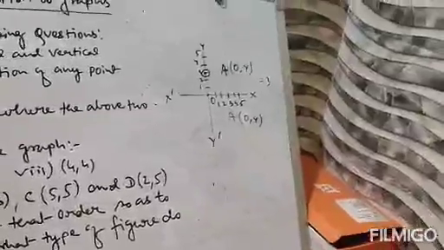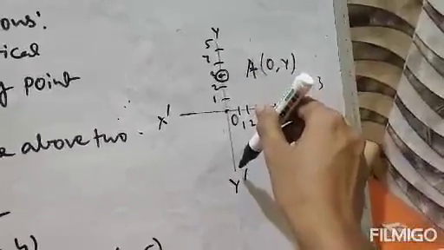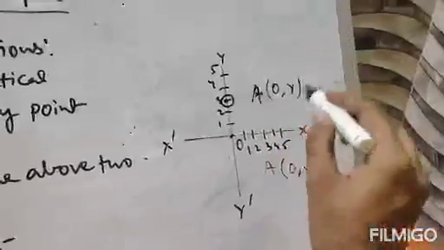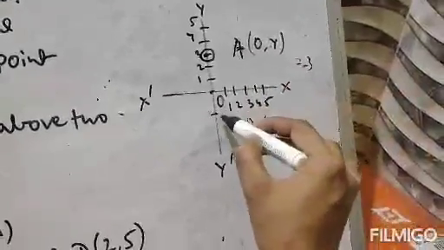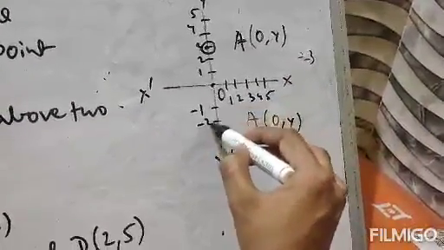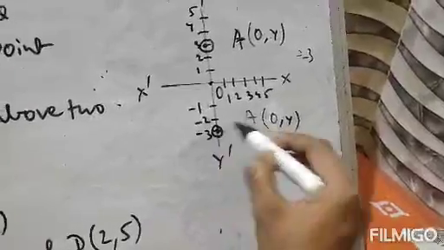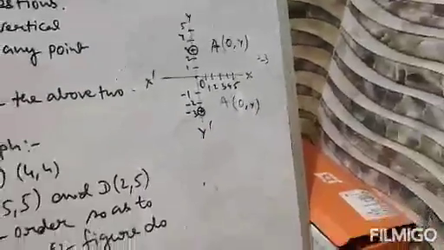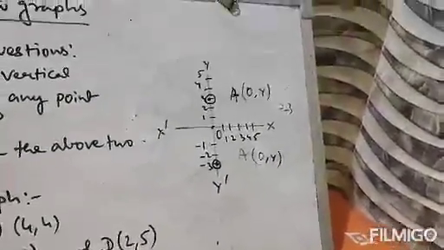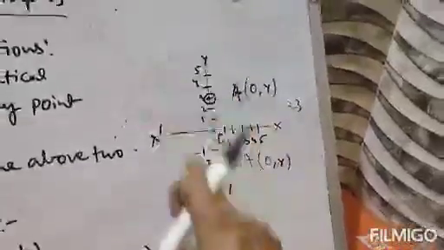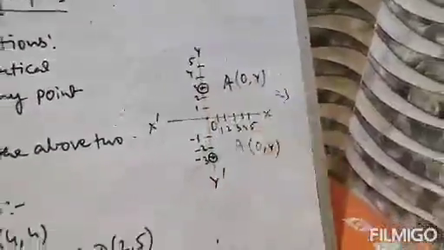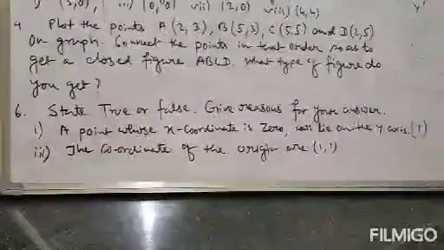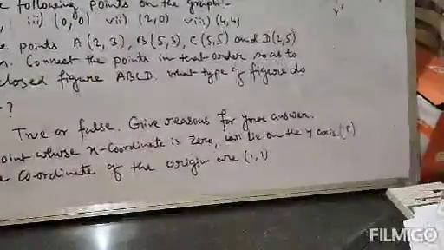Take any arbitrary value of y. If you take the negative value of y, it will go downwards. This is because if y is minus 3, suppose, so it will be minus 1, minus 2, minus 3, so its position will be here. It is 0 comma minus 3. So take any arbitrary value of y, be it positive, be it negative, it will lie on the y-axis, because here x is 0. That means the statement is true. So a point whose x coordinate is 0 will lie on the y-axis.